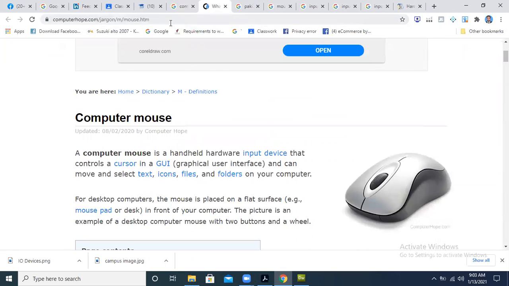Okay, let's suppose this is the page. I will select this link. I will come here.